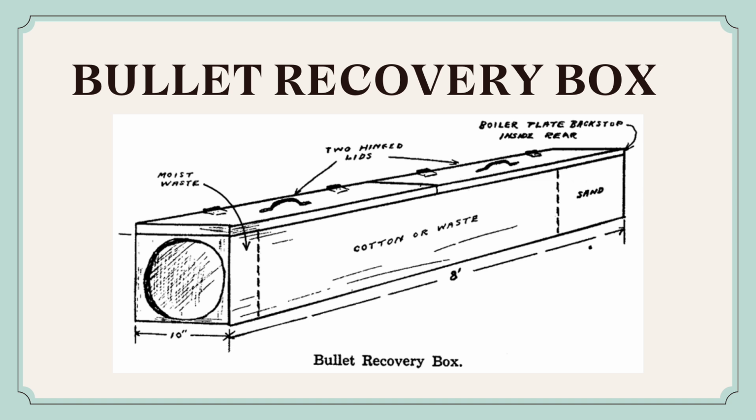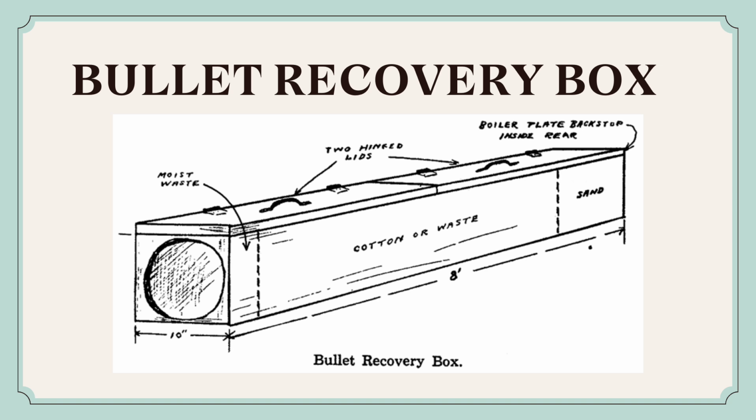Third, the sand in the rear section. The sand at the rear section acts as an additional stopping medium to catch high-velocity bullets that travel farther, ensuring they are fully contained. Fourth, the boilerplate backstop. The boilerplate backstop prevents the bullet from exiting the box by providing a solid barrier at the far end. Lastly, the two lids. The two lids allow easy access to the inside of the box so that the bullet can be retrieved after firing. And the outer wooden box holds the stopping materials securely and provides structural support for the